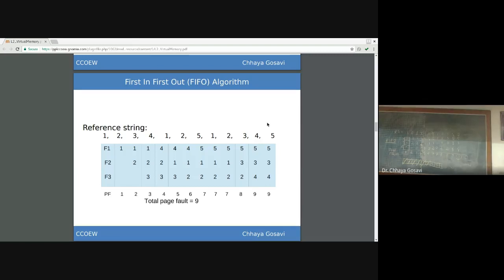What is the value of page faults with the number of frames 4?